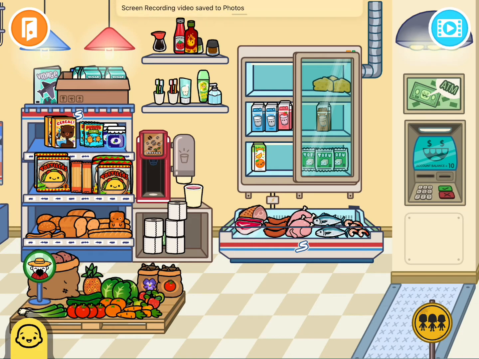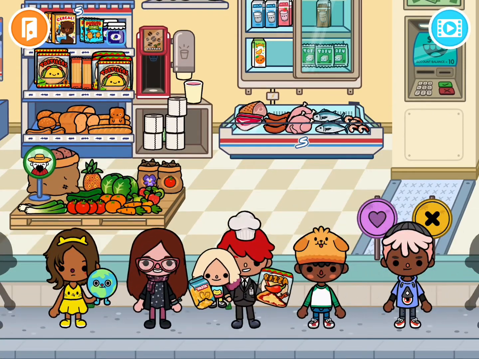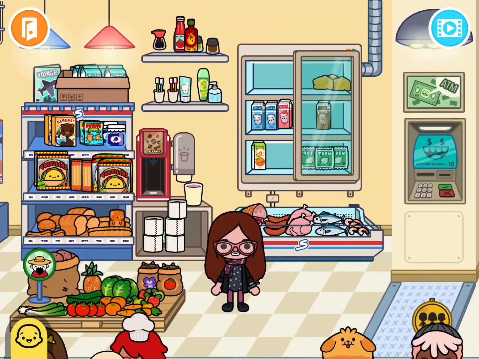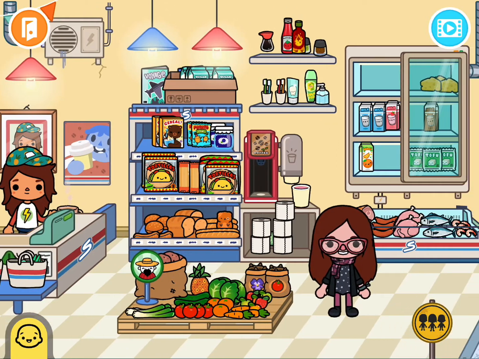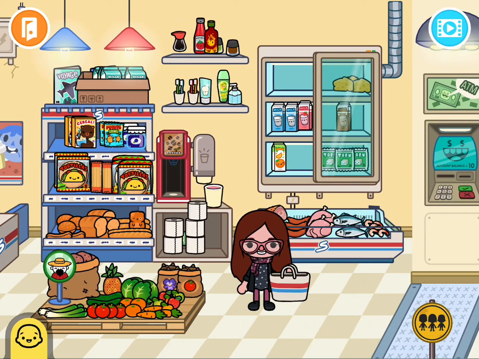All right, here is the grocery portion of the supermarket, and I'm going to start first by pressing this yellow button on the bottom right with the people on it. If I press that, that'll bring up all the characters, and the character I'm pulling out here is the one I made to look like myself. I call it Toca Miss Amy. And I'm going to grab a bag for her because we have a lot of things we need to grab.